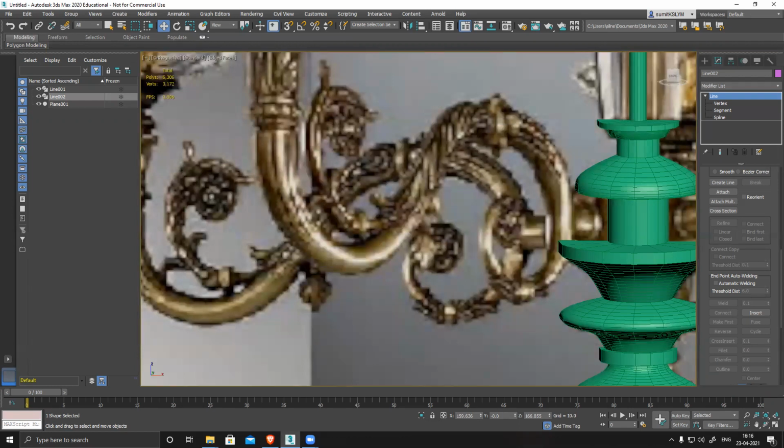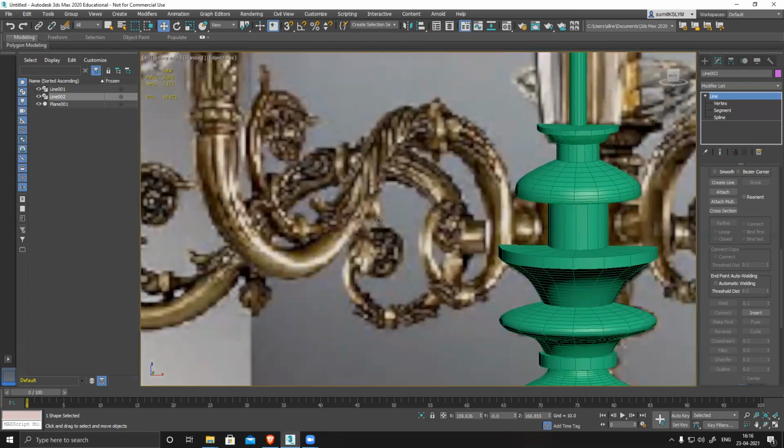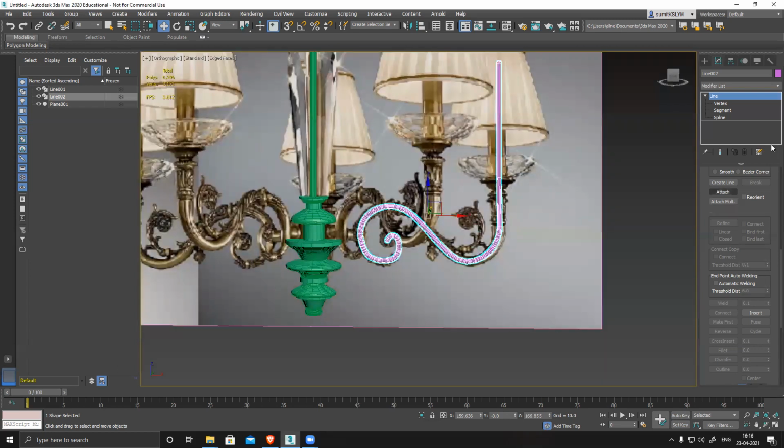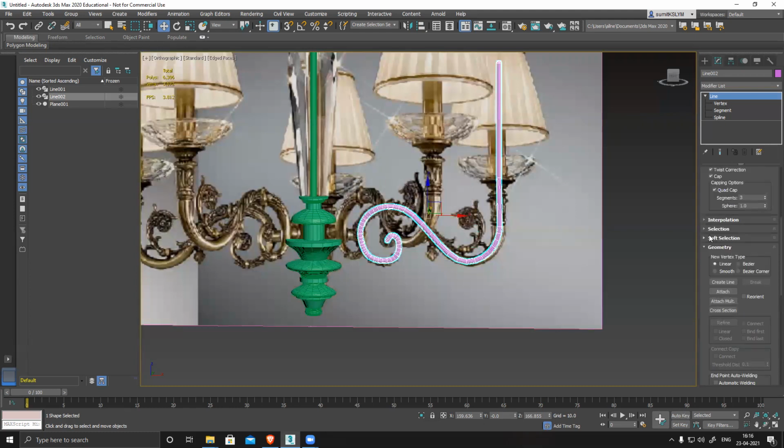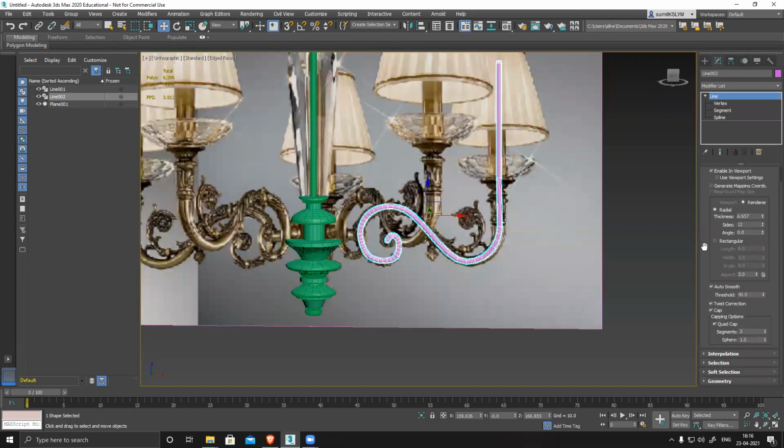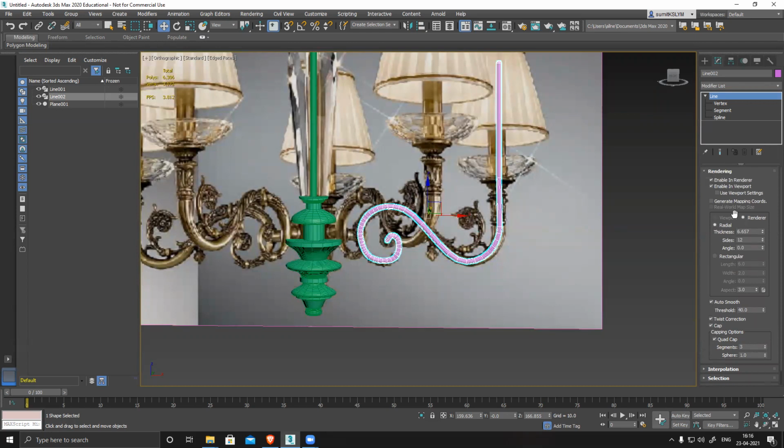So can you please explain the rendering option again? Okay. The rendering option is basically for whenever you have a line. By default, it's a spline. There is no polygon, nothing to render, right? So whenever you have a line and create a spline, there is a rendering sub category where you can enable it to convert that spline into a polygonal tube. You can see there are two options.